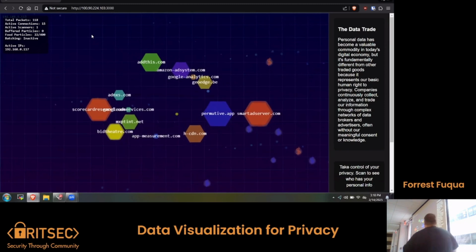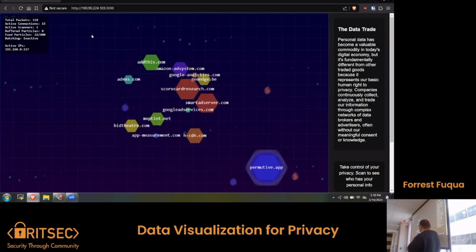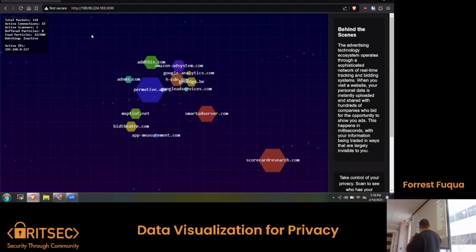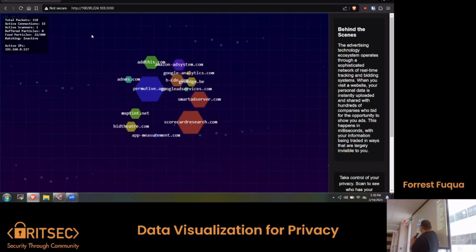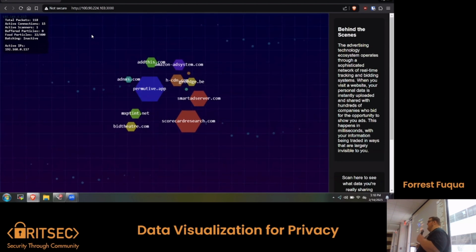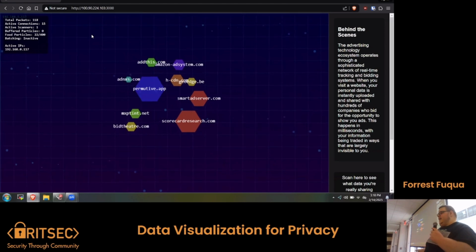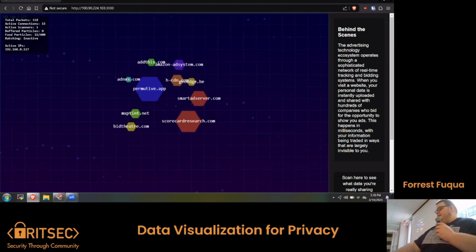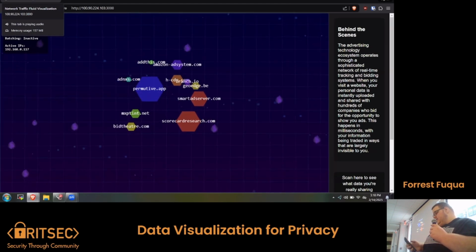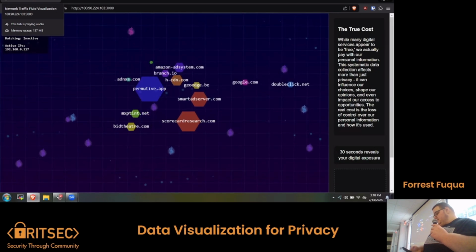What the visualization is doing here is it groups a lot of the domains together into their head domains. And then each packet that it's going to go eat is one that you had sent. It's filtered out. If I actually showed both ways, it gets absurd because you're downloading assets as well. So that was Brave. If I do the exact same website in Chrome, which doesn't have an ad blocker on it,